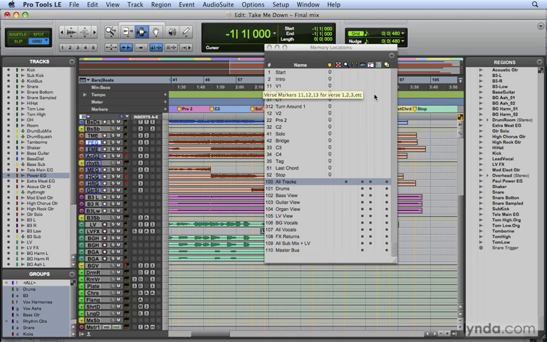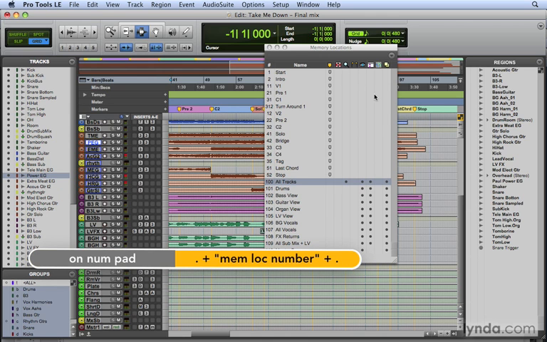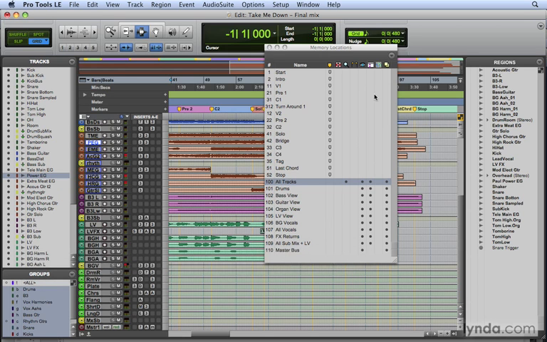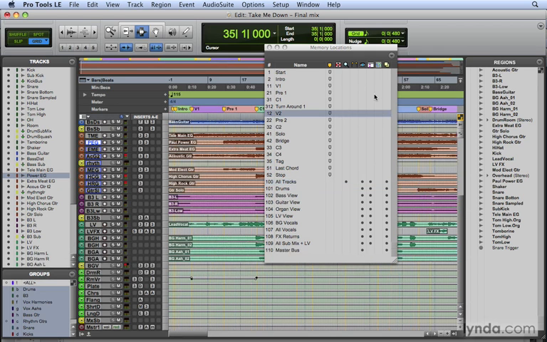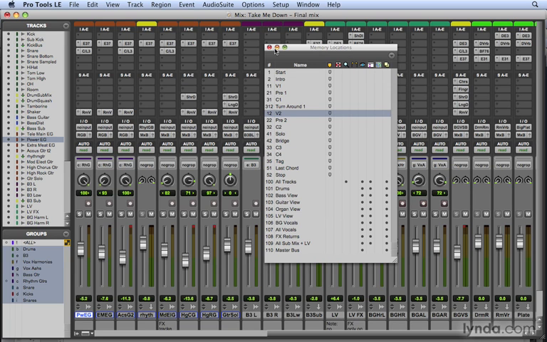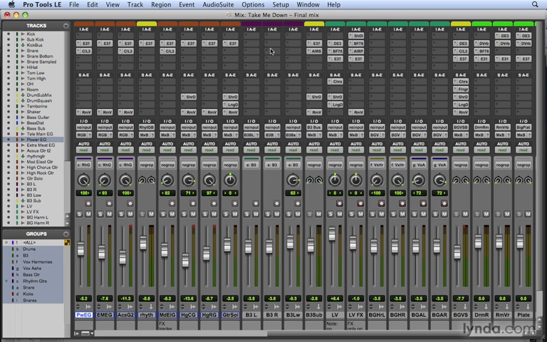verse, chorus, etc., is I'll actually name the memory locations and give them a number based on what they are. So for verse 1, verse 2, verse 3, I've used 11, 12, and 13. The reason for that is I can use the shortcut period, the memory location number, and period on my numeric keypad to quickly scroll to that. So to go to verse 2, I would just hit period, 1, 2, period. Now, you don't have to use this system, but come up with a system that makes sense for you so that while you're in the mix window and you don't have this window showing, you can easily scroll to any